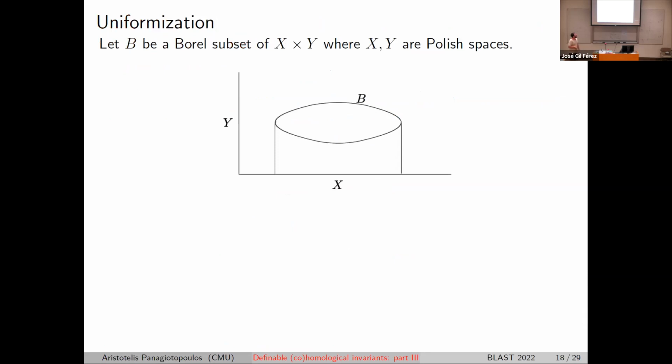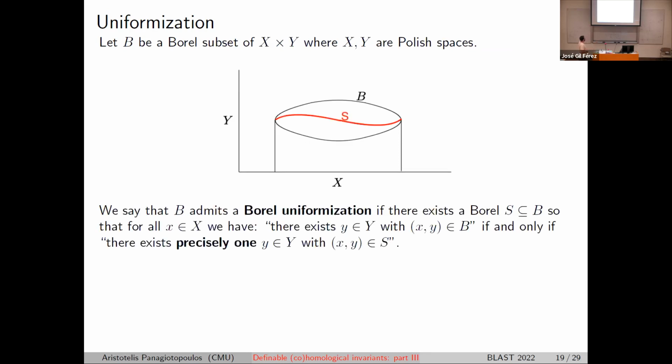So here is the picture that you can forget about groups with the Polish cover. Now let's work in this setup. Here we have X, a Polish space, and Y, a different Polish space. And someone gave me a Borel set here. What I would like to do is find a section from its projection up, meaning we say that this Borel set admits a Borel uniformization